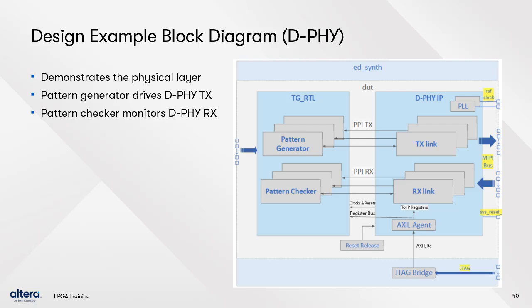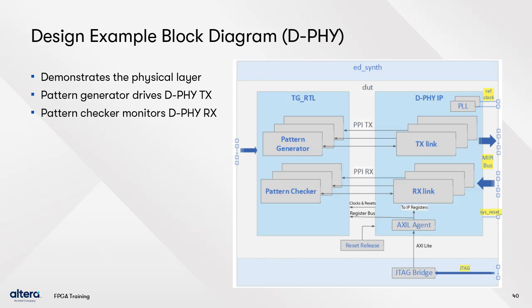The D-PHY design example shows only the D-PHY IP functioning in a system. A pattern generator is connected to the PPI of D-PHY transmit IP, and a corresponding pattern checker is connected to the PPI of the D-PHY receive IP. As a fully functioning hardware example, it also contains the reset release IP as well as a JTAG bridge to provide system console access to the IP's CSR registers. Use this design example if you plan to implement your own upper layer IP, so you may want only a